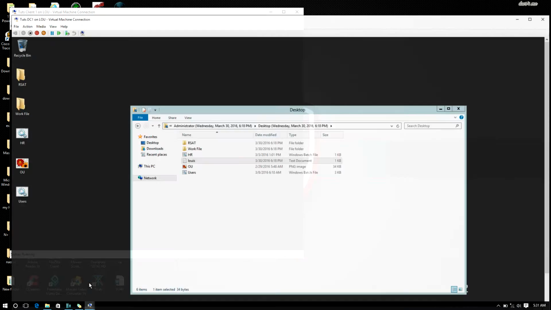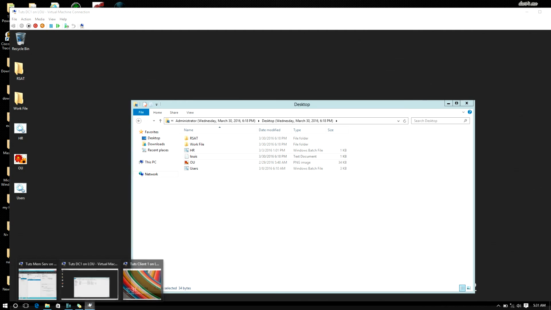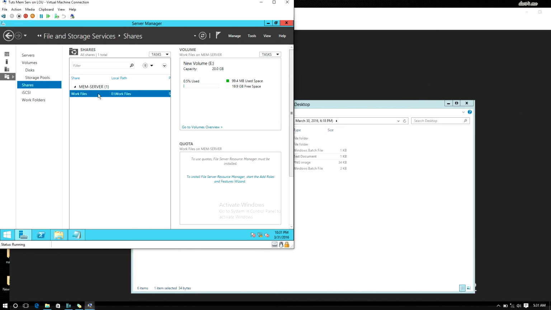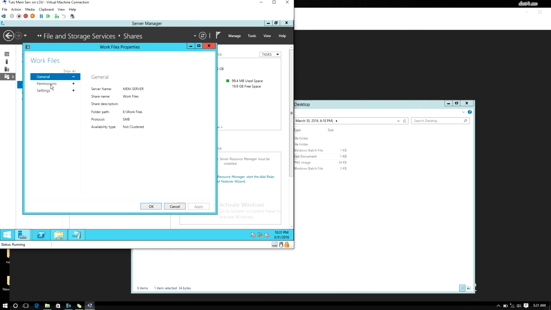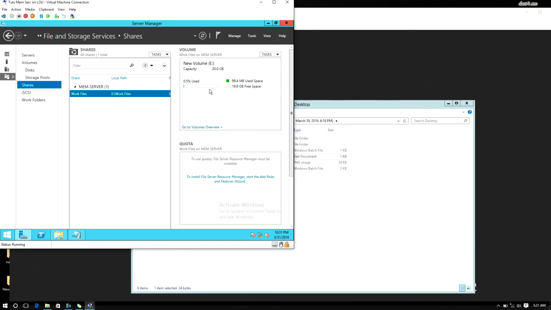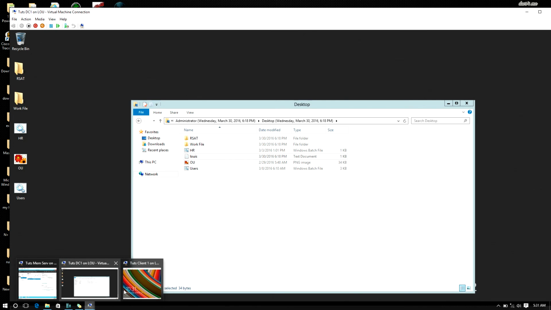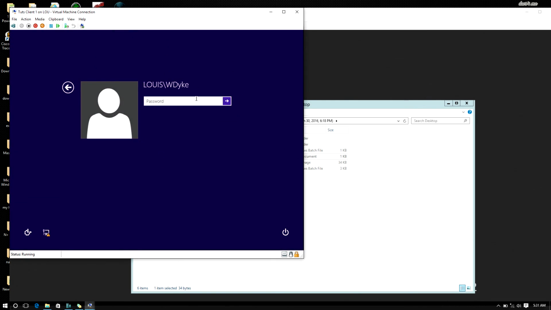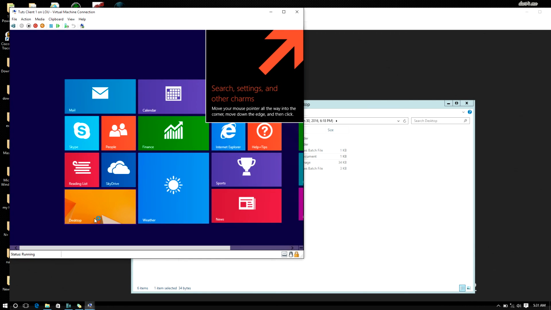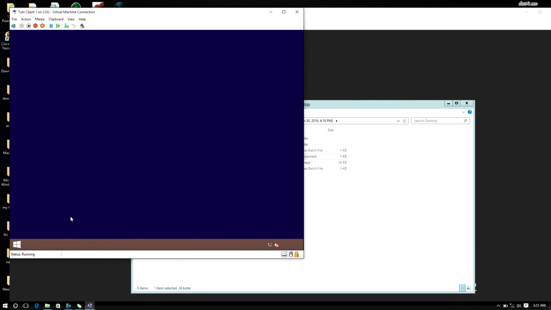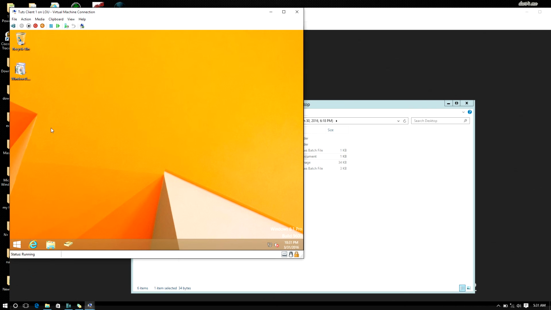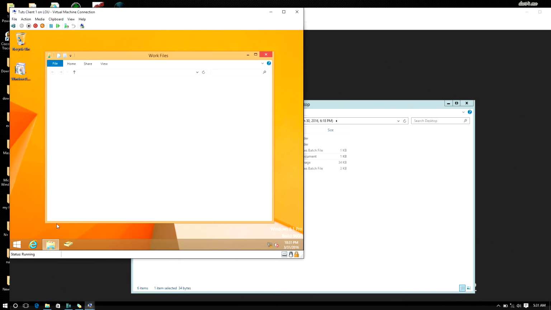But then let me also verify that my access-based enumeration was properly saved. Let me just check again, properties, settings. Okay, yeah, it was properly saved. So sometimes it's just a matter of logging out and then logging in again for the effect to actually occur. So we come back here and then we try to access the folder again, and now you notice that it's only HR that the person